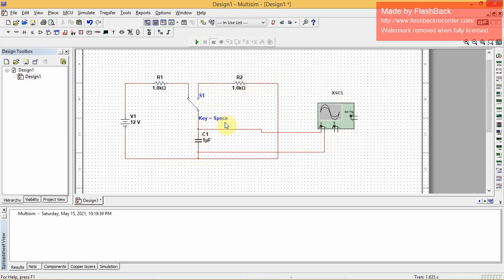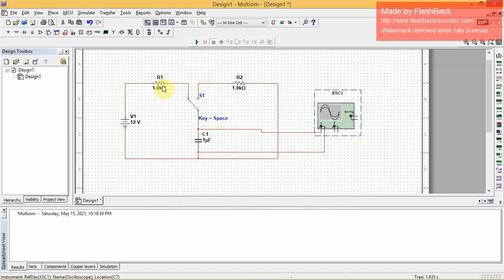Right, and the other thing I'm going to do is just see here. We'll do the times and divisions later on. So when the switch is in this position, the position it's in now, this capacitor charges through R1. When we flip the switch to this position, the capacitor discharges through R2. Pretty simple. The charging time constant is RC, but it takes 5 time constants for the capacitor to fully